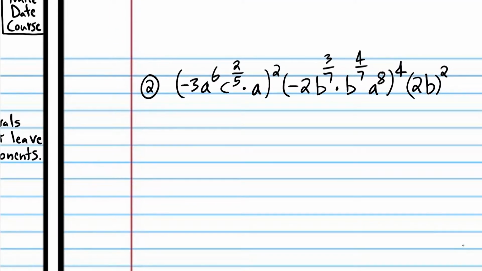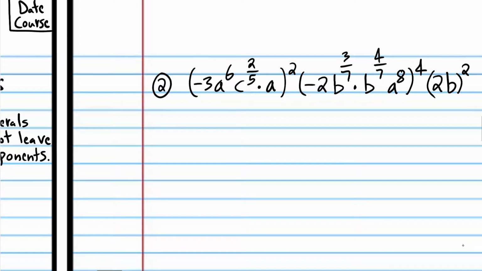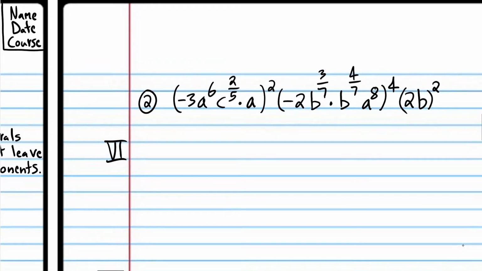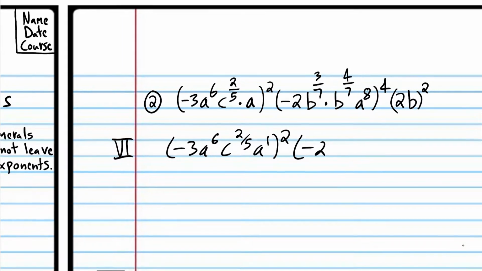I think we're going to have to use rule number 6 because we have an a here and we want to use rule number 1, but we have to give it some sort of a power first. Again, this is something that you would never really write in upper math courses, but we're just showing the rules that we're using. So we get -3a to the 6th, and then we're going to change that a so it has a 1 power. And we can also use rule number 1